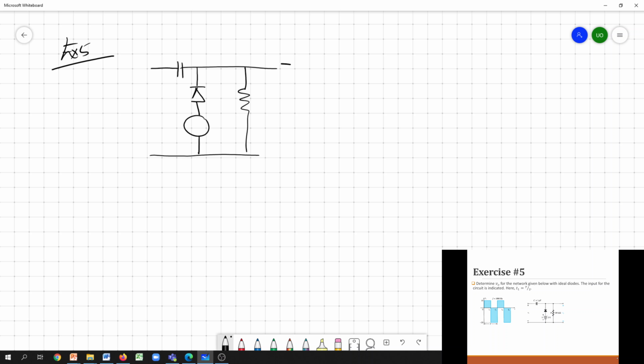Here these two terminals, the voltage across the 100k resistor,